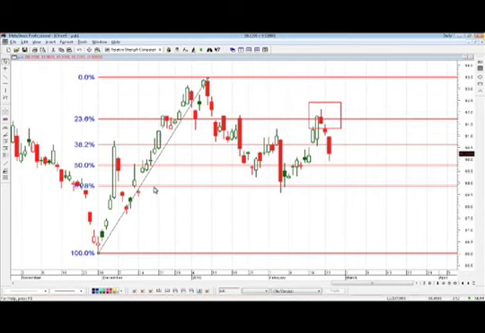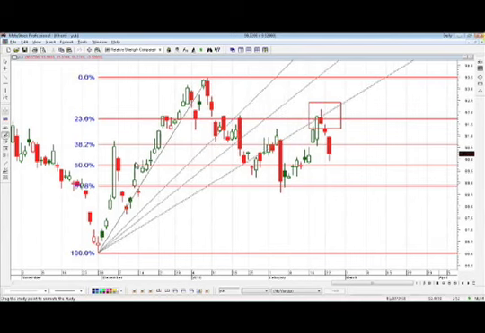This is a handy tool, but there's others as well. So there's another way to parse the same information. I've just grabbed another tool here, and I'm going to apply it from the same level, from the bottom of the market, the very end of November here, to the top of the market. You can see my little dashed line here, the top of the market, the very end of January. So the same trend, and it's drawn some